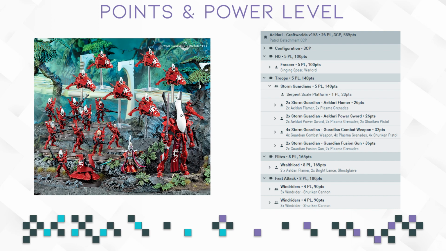And yeah, the upgradability here, when it comes to all the different bits you're getting in this specific box, translates to a lot of points from their baseline. So when we look at the points, we're sitting at right around 585. The Farseer has been upgraded. The Guardian Defenders have been swapped out for Storm Guardians because they have a lot more upgrade options with the Flamer, the Power Swords, the Fusion Gun, and the Serpent Scale platform costs right around as much as